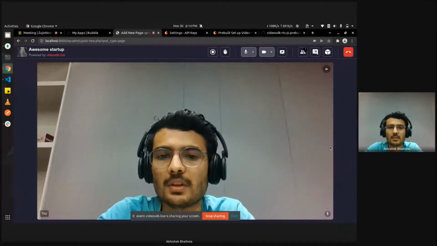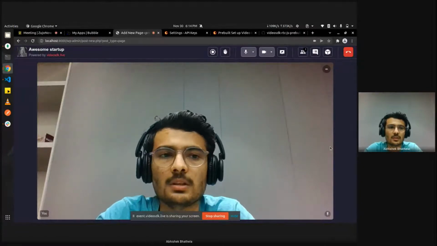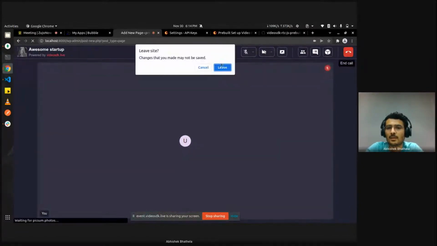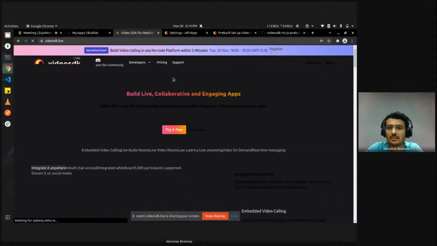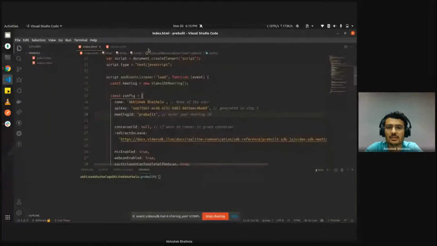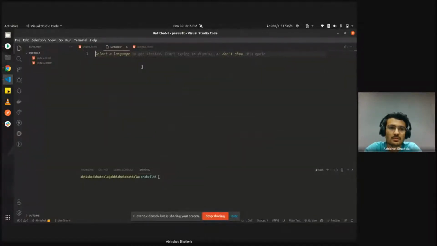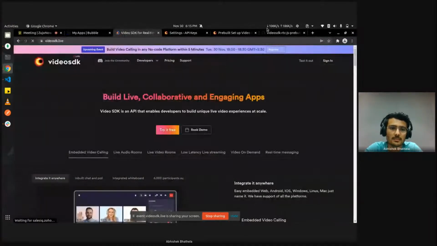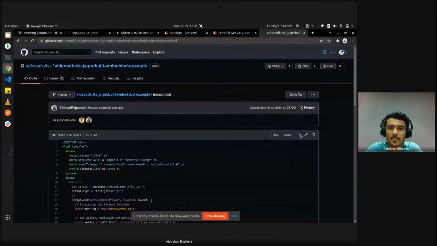For Bubble, there's a little different process than WordPress. For Bubble, we need to just use the script tag and we need to run it in full screen. So for that, I'll do a little modification in the code we just copied from GitHub. I'll copy it again